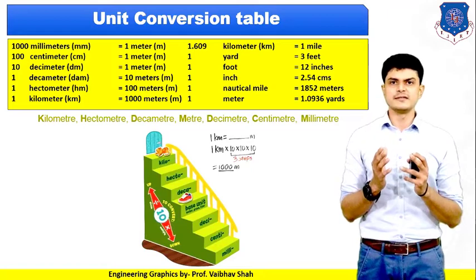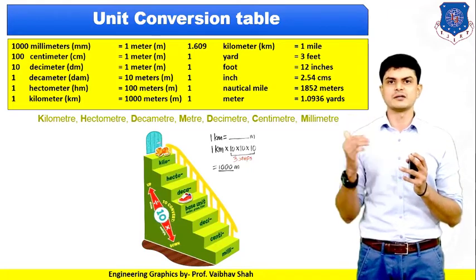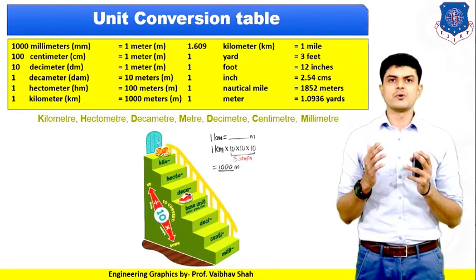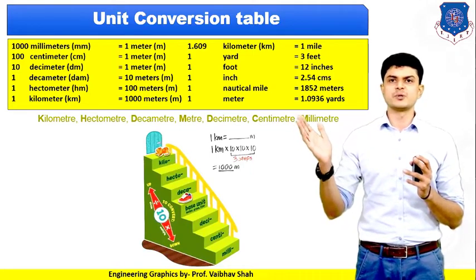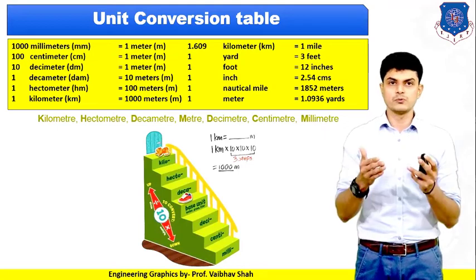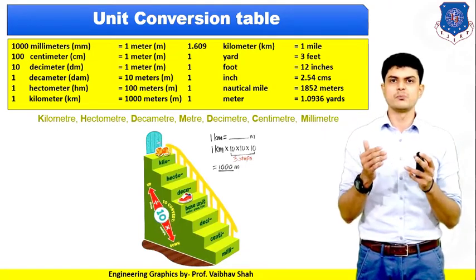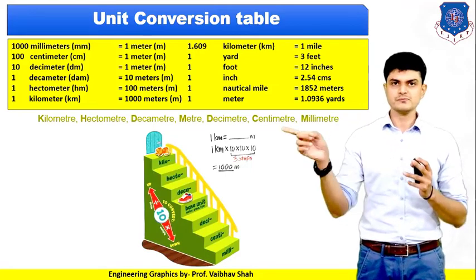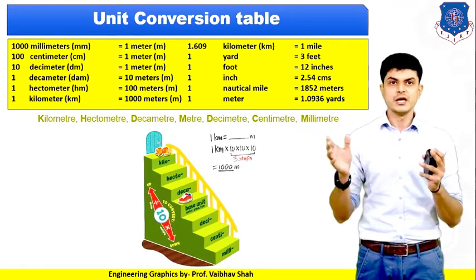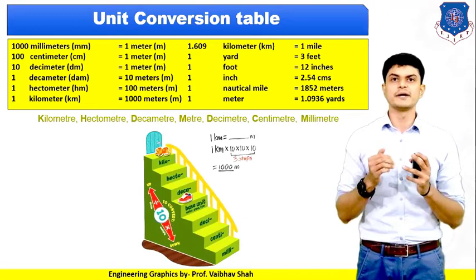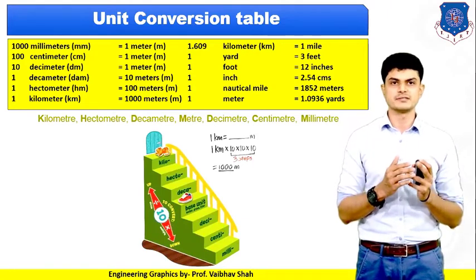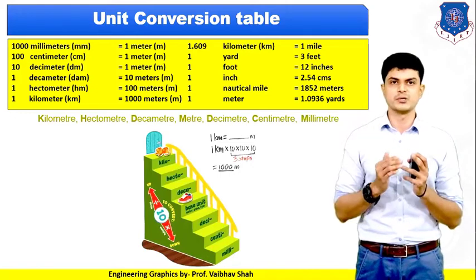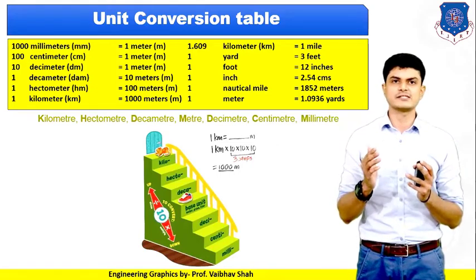Here, as you can see, there is one shoe placed on the base unit, which is meters, and if we go upwards in these stairs, then we need to divide by 10, and if we go down in these stairs, then we need to multiply by 10. So now let us take one example. I have taken one example in which we need to convert 1 kilometer into how many meters. So now we will be going from kilometers to meters, right? So let us see this case on your staircase.